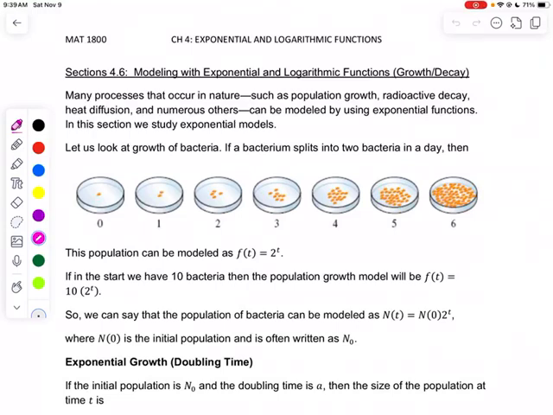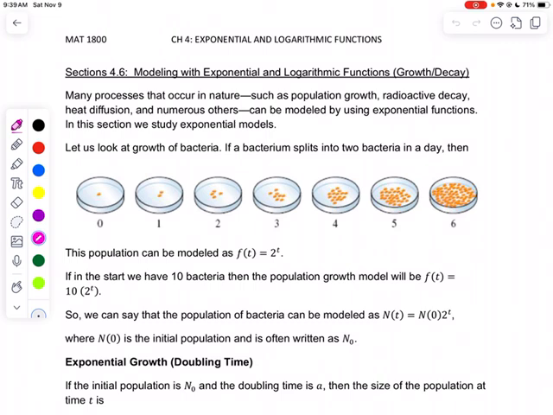Hi, we are now looking at section 4.6, which is about modeling with exponential and logarithmic functions. Many processes in our world can be modeled by exponential functions or logarithmic functions. In this class we are only going to discuss exponential functions, and processes like population growth, radioactive decay, heat diffusion, spread of disease, and many others where we see exponential functions